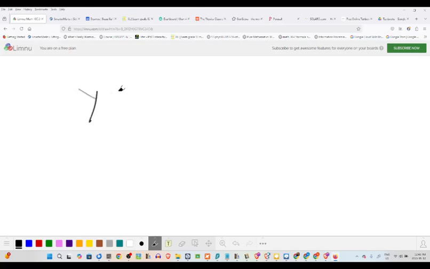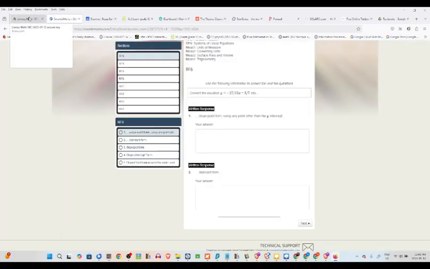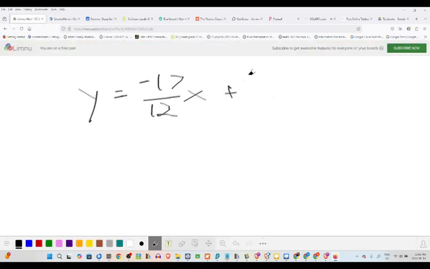So, in y equals negative 17 over 12x plus 3 over 7, I'm going to pick x as 12 over 7. Because when we're doing slope point form, we can pick any point whatsoever, totally up to us. The advantage here,